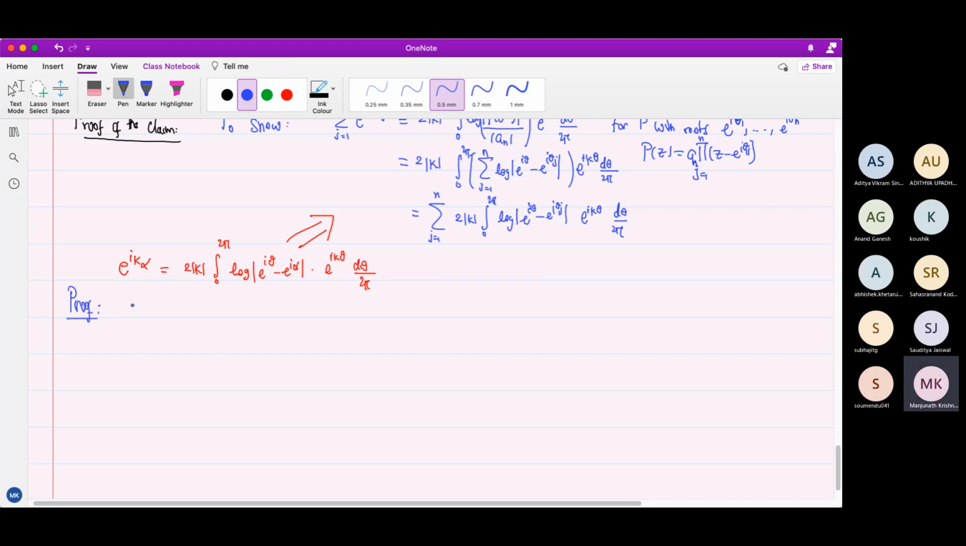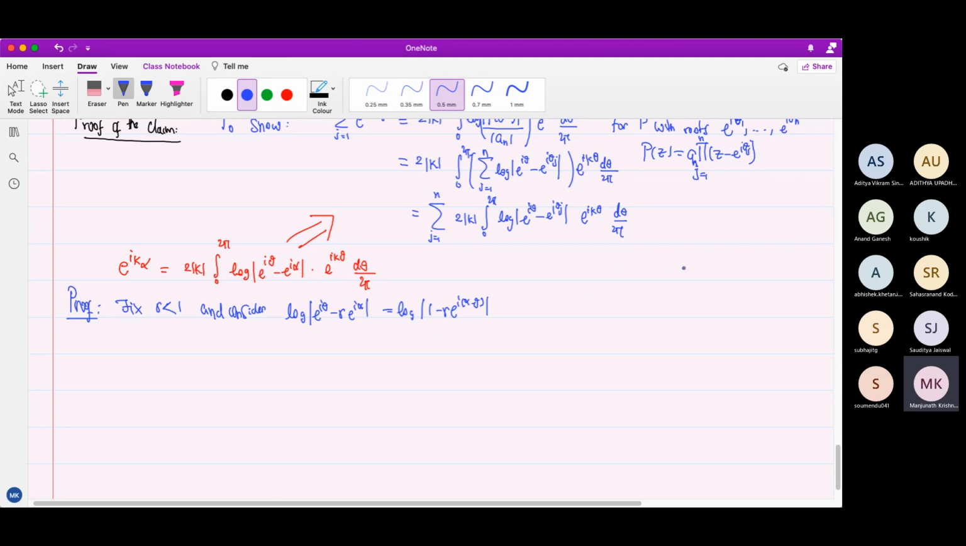So to prove this identity, what we will do is, it is a bit easier for me if I first fix some r less than 1 and consider log mod e to the i theta minus r e to the i alpha. Okay, which is the same as, if I pull out the e to the i theta, which has absolute value 1, minus r e to the i alpha minus theta. See, this is